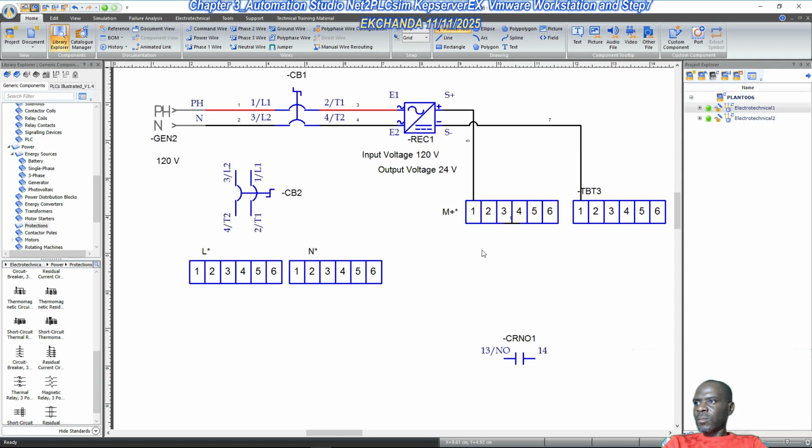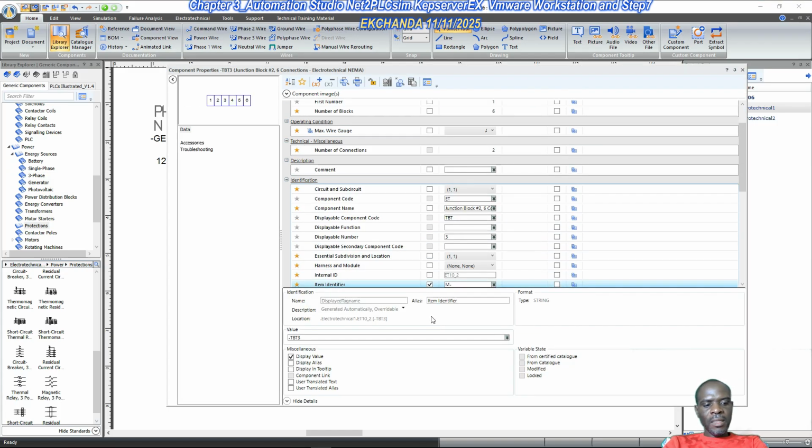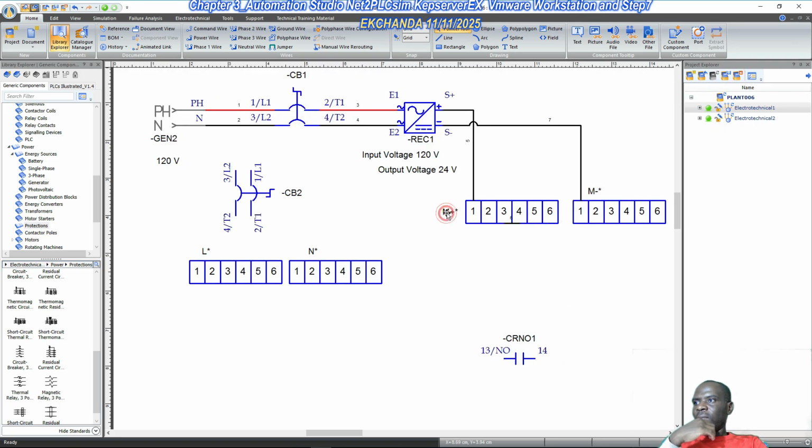And then this other terminal block, we just think of this as M minus. Okay, so basically M plus is going to be the terminal block for the positive end of the voltage, M minus the negative end. Okay, so the only thing we need to do now is create jumpers across all the terminals of this terminal block. Okay, so jumper,